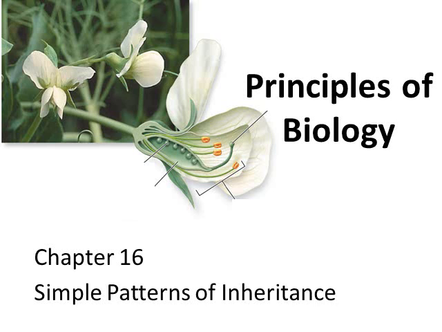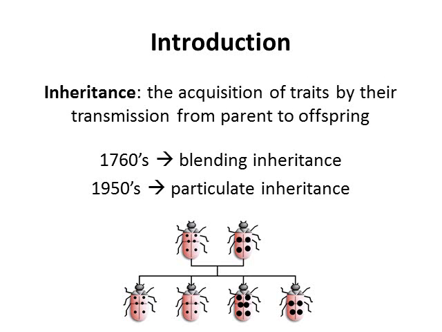Welcome to part 1 of 3 on chapter 16. In this chapter, we're going to be looking at simple patterns of inheritance or genetics. So inheritance is defined as the acquisition of traits by their transmission from parent to offspring. So basically how our genetic material is passed on and how those traits are passed down from one generation to